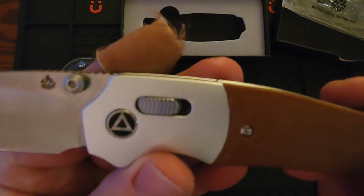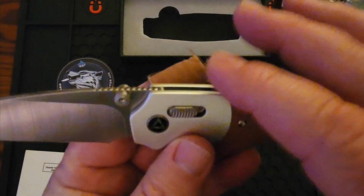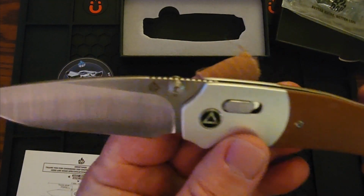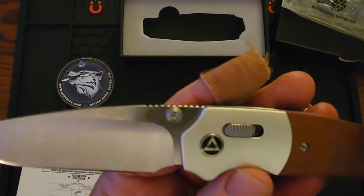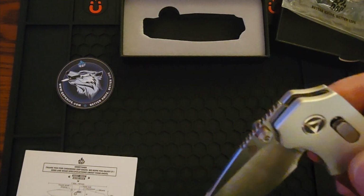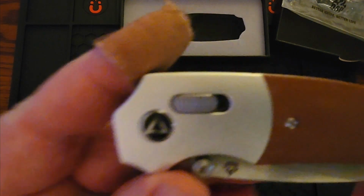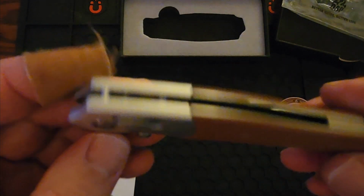It's got that cool... Sorry, I cut myself earlier. It's pretty common to see band-aids on my hands and other YouTube people. It's got these nice little switch things. It's not just the round thing, and that's one of the things. I do have some nitpicks